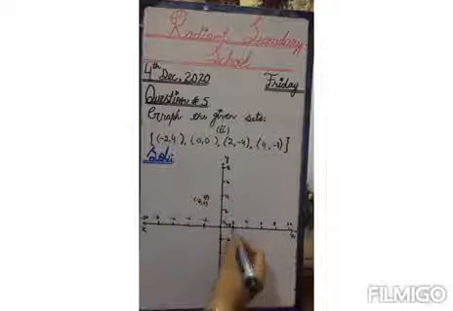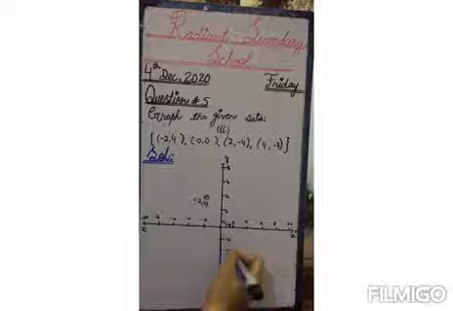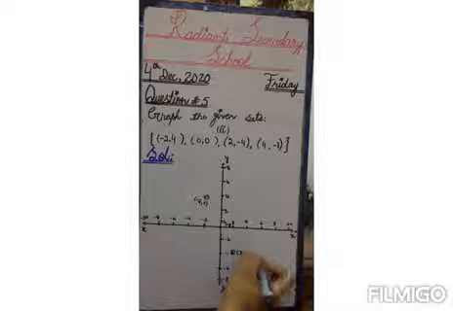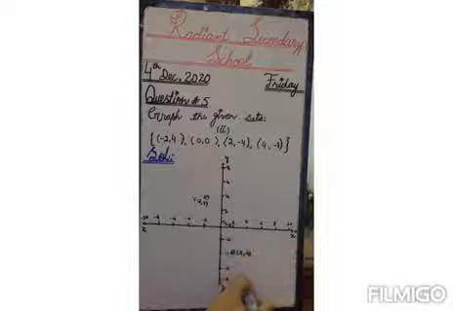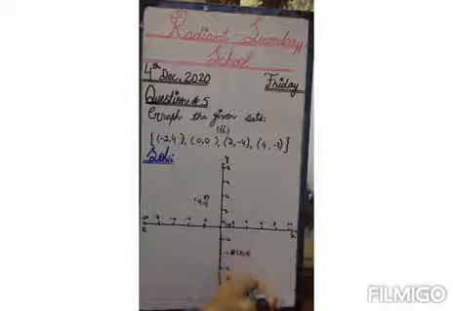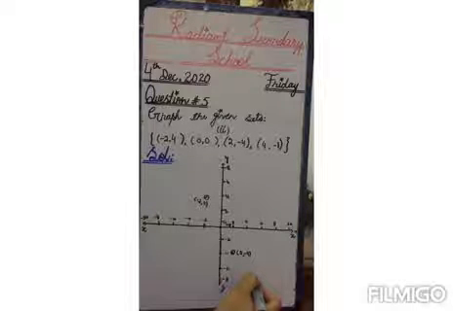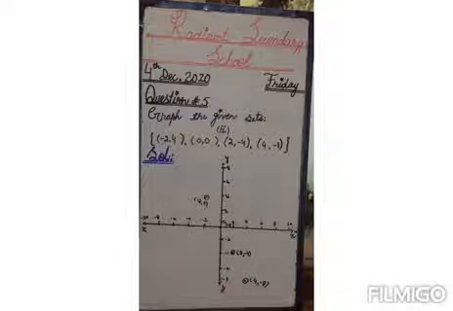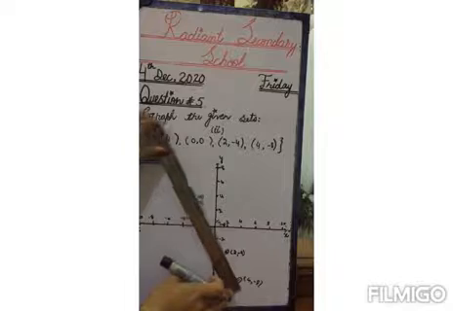Now (2, -4). 2 is x and -4 is y. So let's draw this point here in front of 2 and -4 and write that it is (2, -4). And the next point is (4, -8). This point, x is 4 and y is -8. This means that I have to go from here to this point. So let's put this point here and write (4, -8). Now take a scale and join all these points. So let's start from this point to this point.